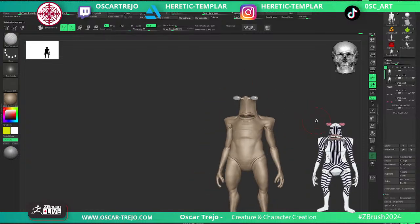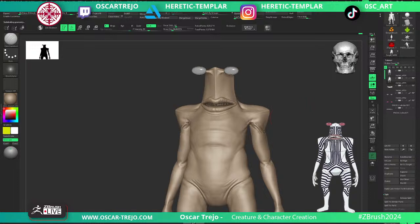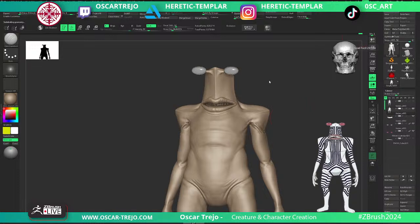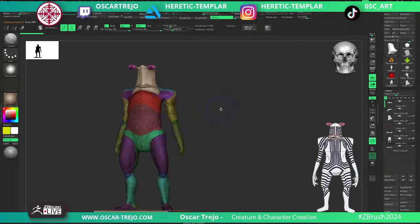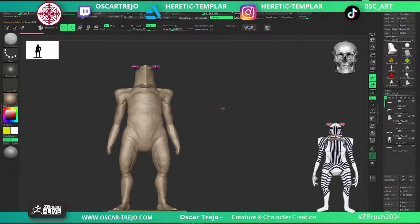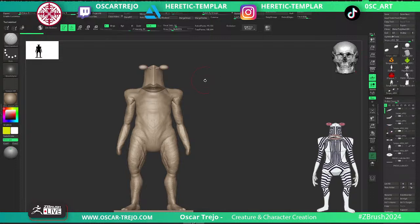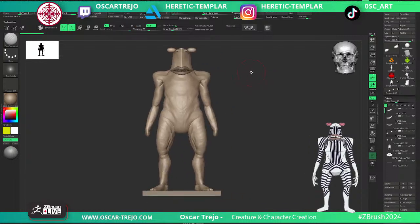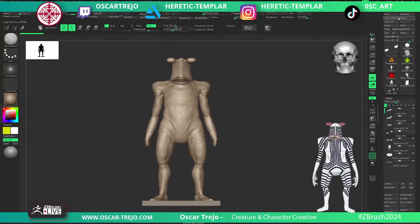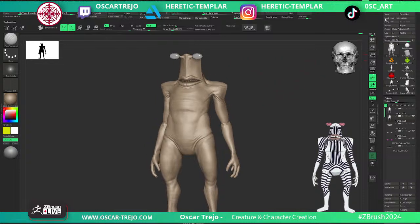Do you usually block out your characters? Yeah, I tend to do that. I mean, this is my second streaming with this character. Last week we did the block out. So let me show. The original block out was something like this. So this is at the very beginning of the streaming. It's pretty much just spheres merged together, using primitives to get some of the basic shapes. Then after that we did something like this, where we still have some blockout shapes. It's still very rough, but at least we have the idea of the character, the proportions done, and after that we did this. This is where we're at right now. Which reminds me, I haven't saved this, so